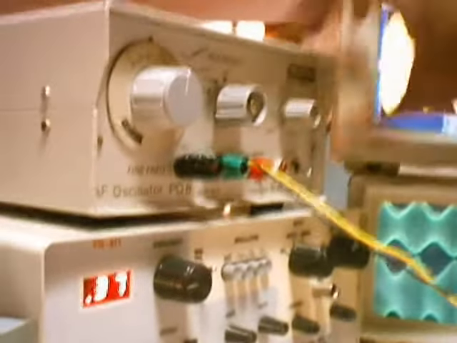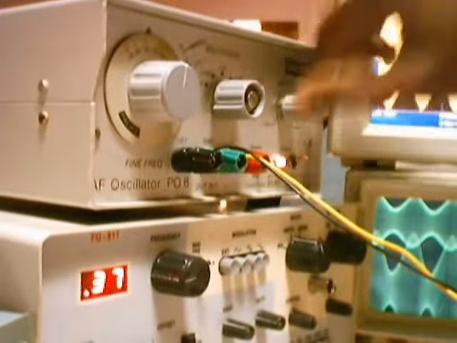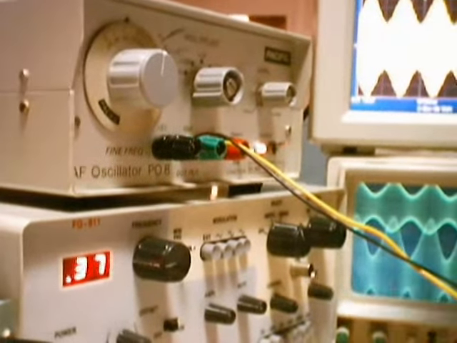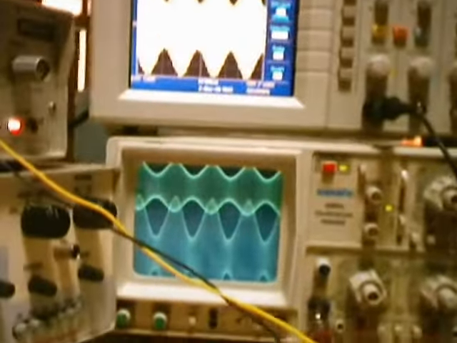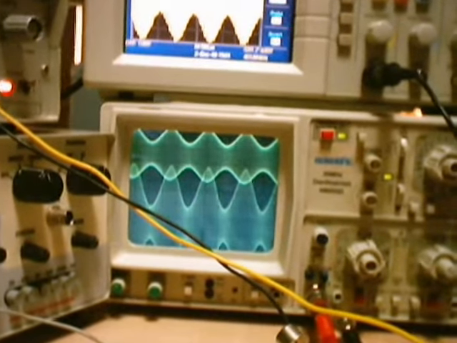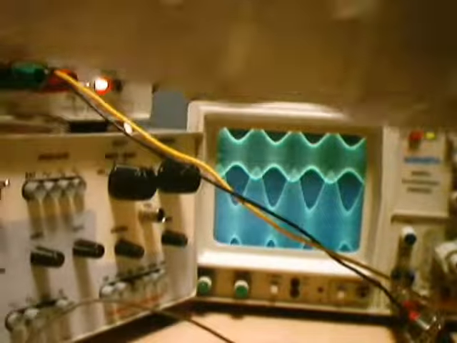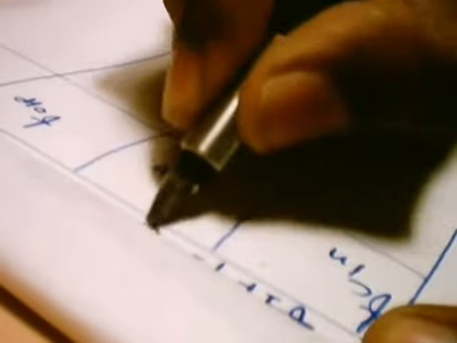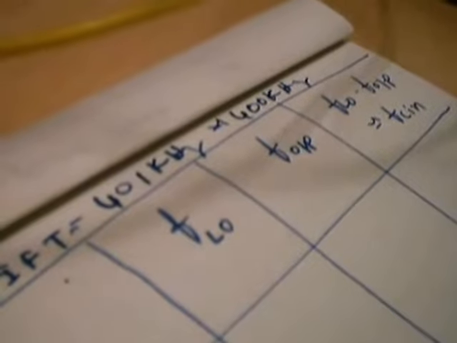While operating all this, let the local oscillator be on with amplitude 0. We can note down the tuned frequency of the IFT, because that is very important for finding the up conversion and down conversion. So we can write FIFT as 401 kilohertz, which you can approximate to 400 kilohertz. This is our first reading before we start the down conversion and up conversion of the transistor mixer.